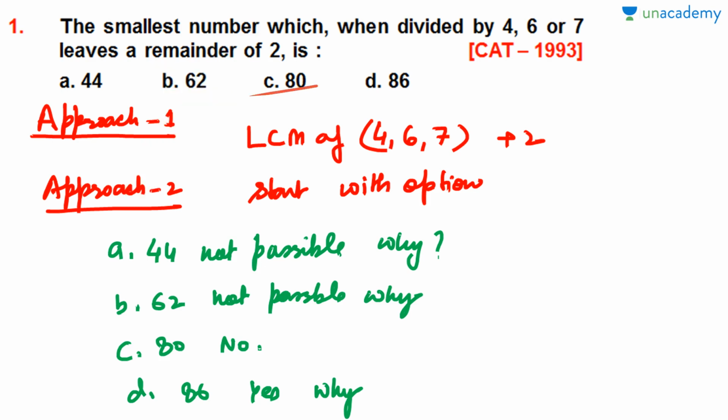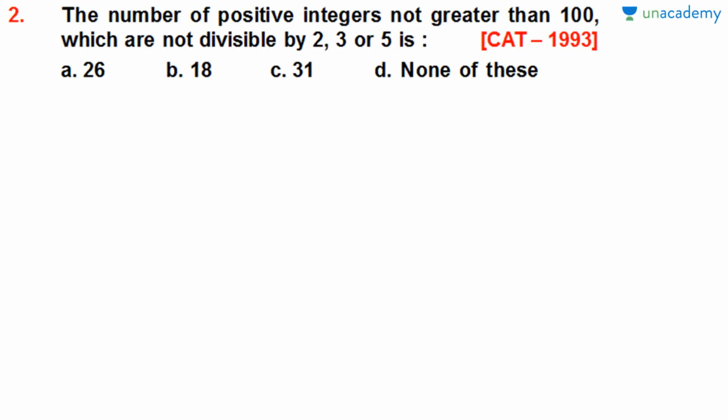Now if we check option C, 80 is divisible by 4, we can't take it, and last option D. Now D, when divided by 4 remainder is 2, और वैसे भी हमारे 3 ऑप्शन कैंसिल हो गए. आवर आंसर इज डी, बट वील चेक इट. 86 when divided by 4 remainder is 2, good. 86 when divided by 6 remainder is 2, yes, and 86 when divided by 7 remainder is 2, so our answer is option D. Got it? It is a very easy question, but there are some other questions which are very important and difficult as well.